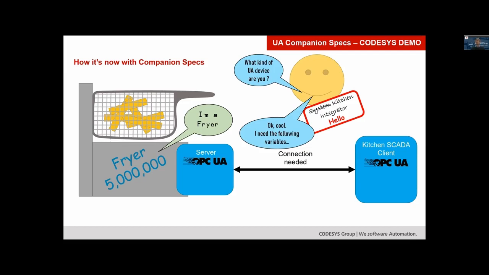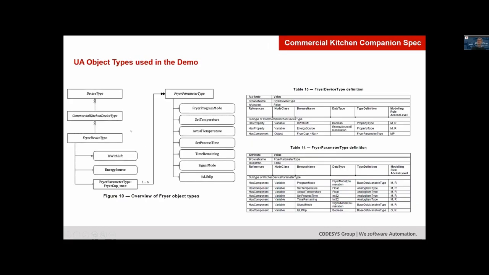In detail, the commercial kitchen companion spec defines, among others, this fryer device type, which is the UA object type for fryers. And you can see it has a bunch of variables. Is this a fryer that has an automatic lift that goes up and down? Details on the energy source. And then some stuff about how many cups there are, because there might be more than one. All that stuff. And then for each cup,